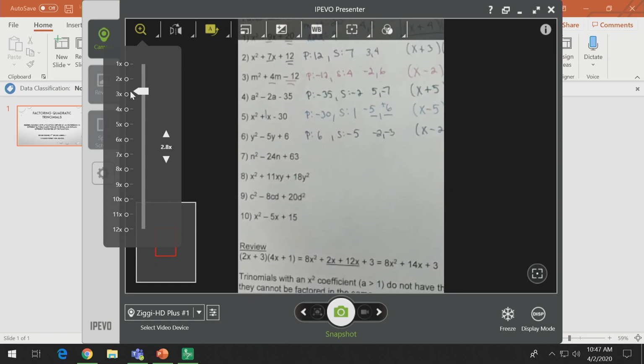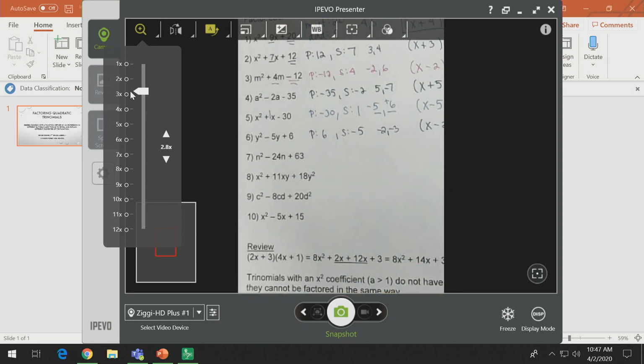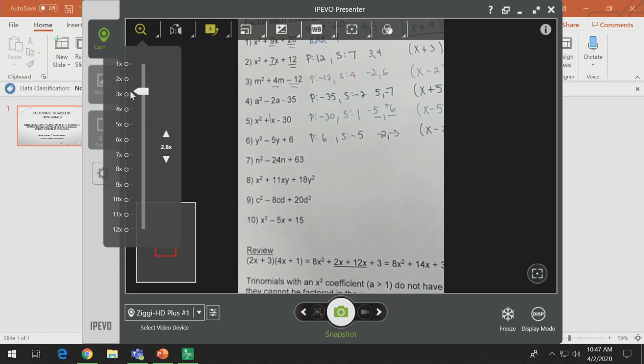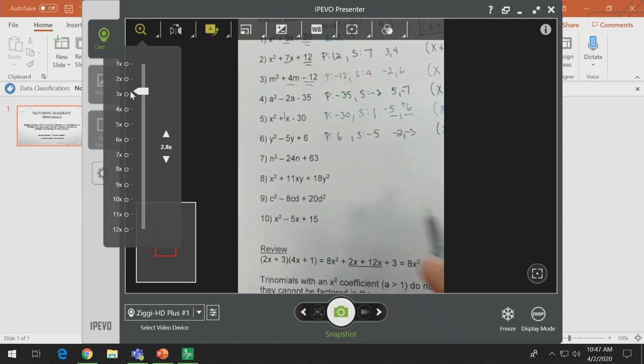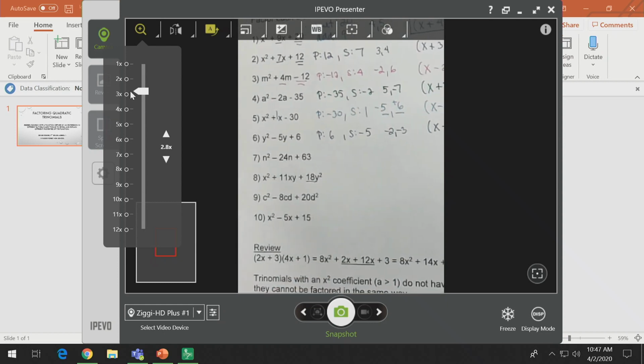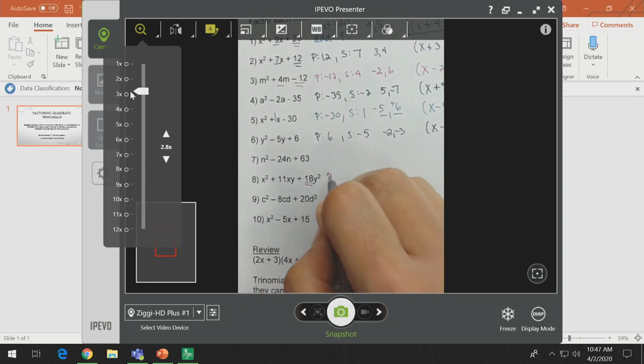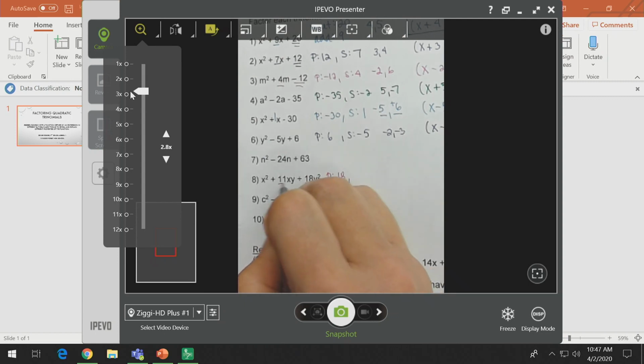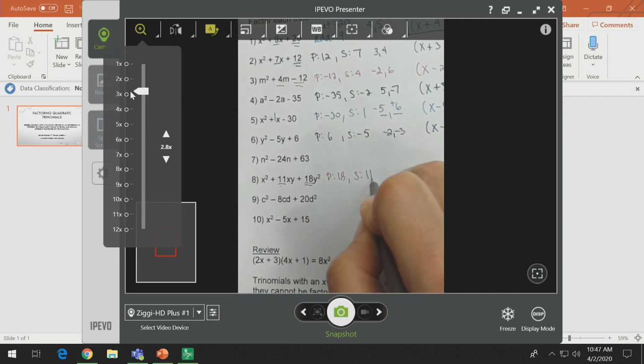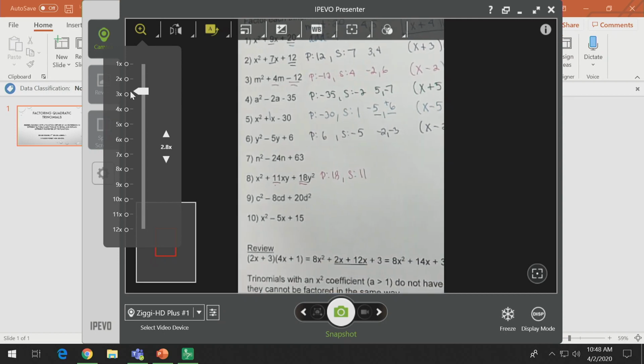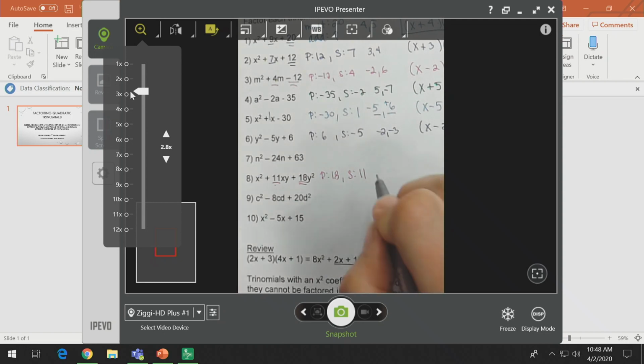We do get a little more involved here whenever we're using different variables or more than one variable. That's okay. You're just going to do these like you've done everything else. So let's skip to number 8, shall we? I'm still looking at a product of 18. So my product here is 18. My sum is 11. So what two numbers multiply to 18, but at the same time add to 11? 9 and 2. So this is going to factor as